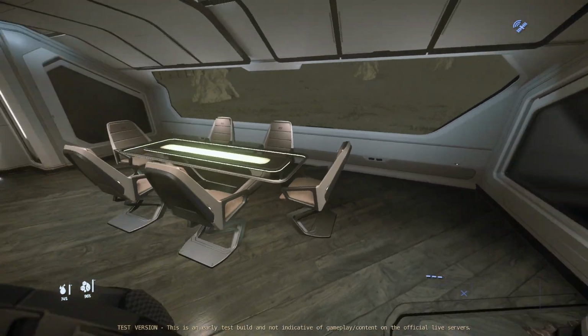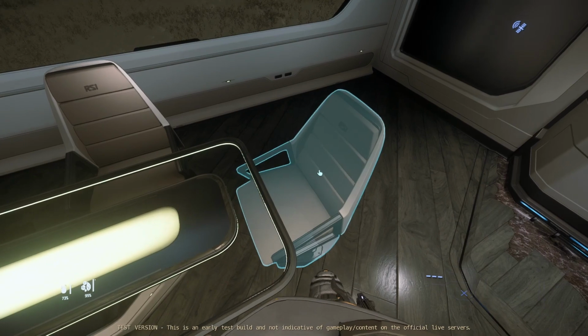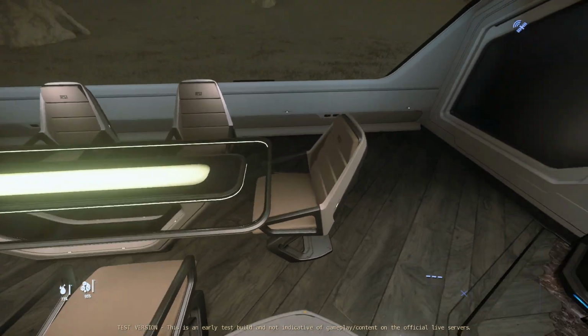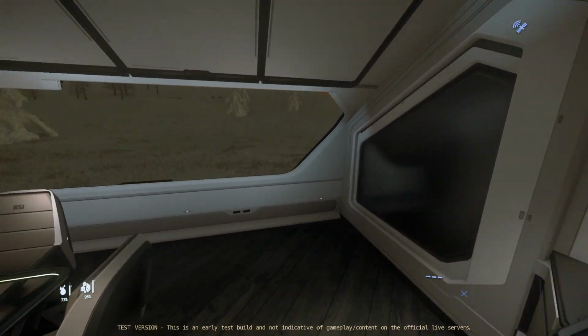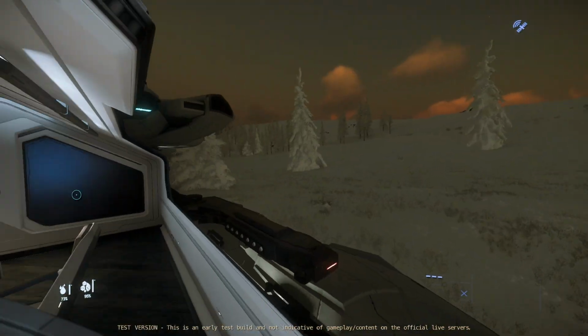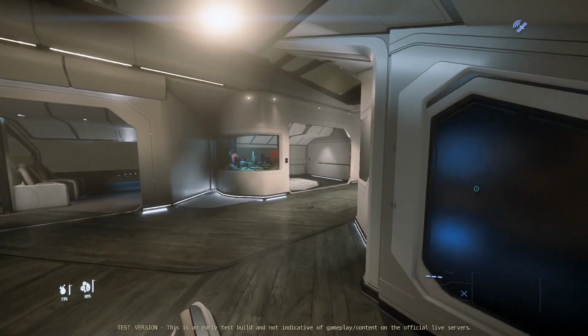Now this is it for the bar, and moving down here we have a dining room table or a conference table. They have some very nice luxury chairs again. These are sat on a stool system, so you cannot swivel on them, but they're very nice. They also get a nice view onto the outside from here. I absolutely love the glass design of this place, as it just is so clear and you can see so